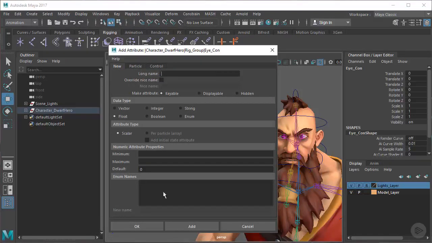So first, we're just going to go down this list here. We're going to start by adding a long name, and I'm just going to call this cross eye, and that's essentially the name that's going to appear over here in the channel box. Then I'm going to tab down, and it's going to go into the minimum value, and then below that you'll also see the maximum value. So the minimum, I'm just going to do -10, and then the maximum I'm going to do +10, and leave